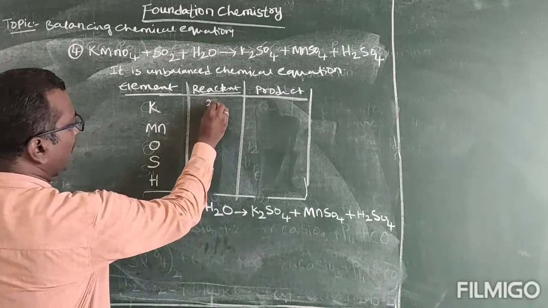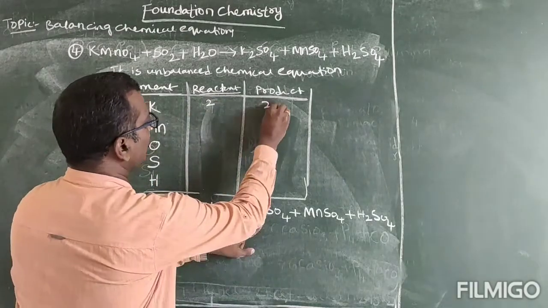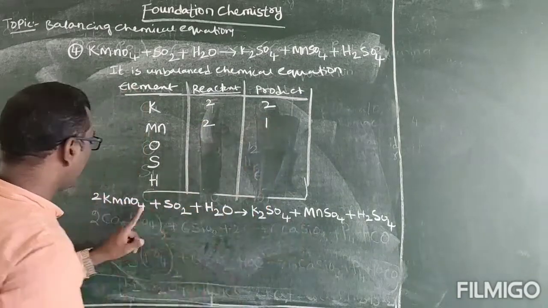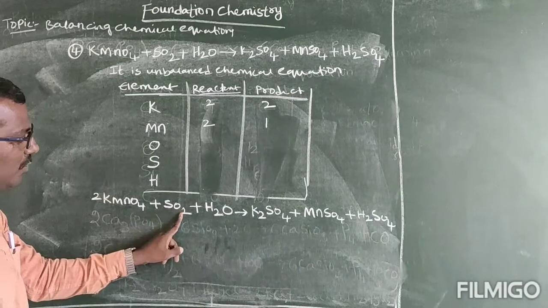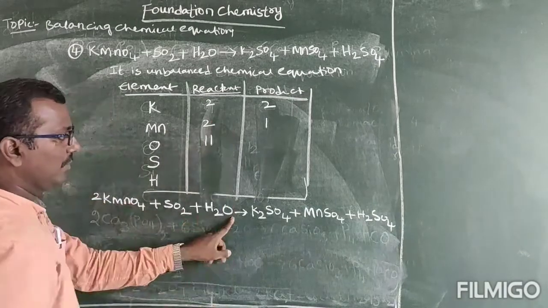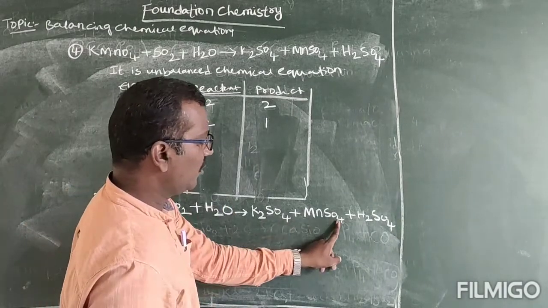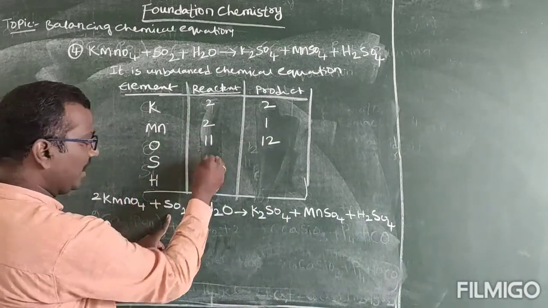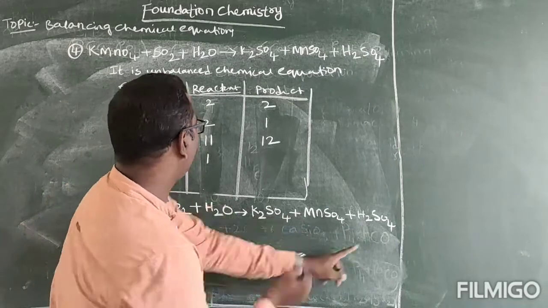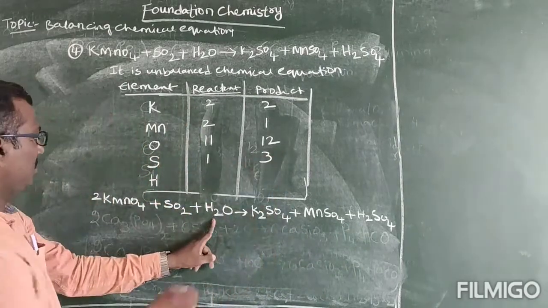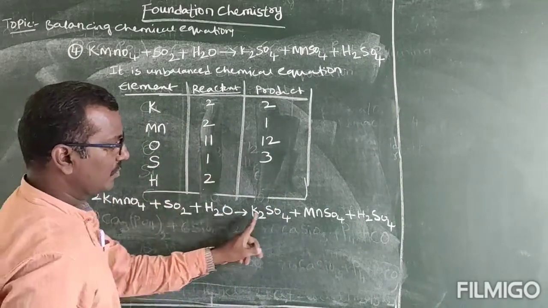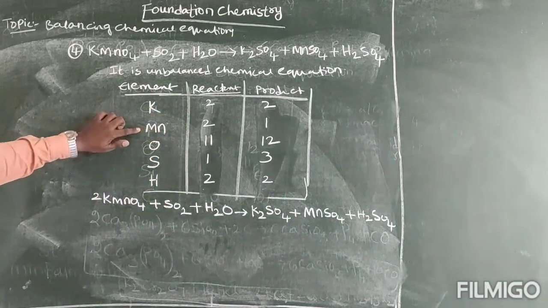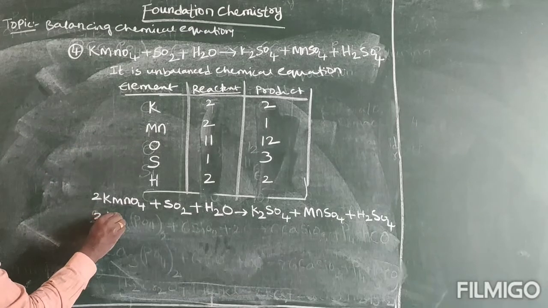2K, K2, manganese 2, but here 1. Oxygen: 4 2s are 8 plus 2 is 10 plus 1 is 11, here 4 plus 4 is 8, 8 plus 4 is 12. Sulfur here 1, here 1, 2, 3. Hydrogens 2, here also 2. Now manganese is not balanced, so 2KMnO4